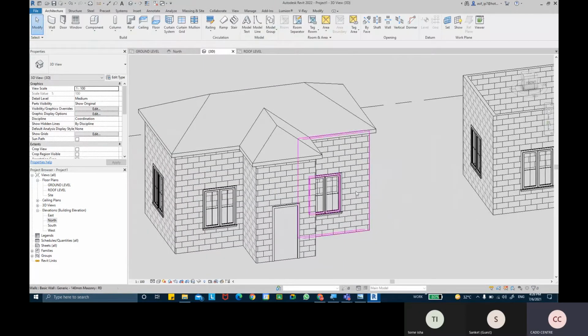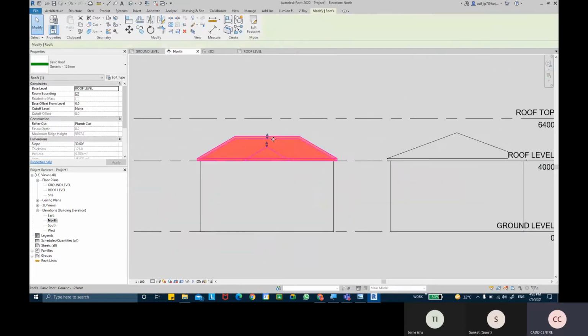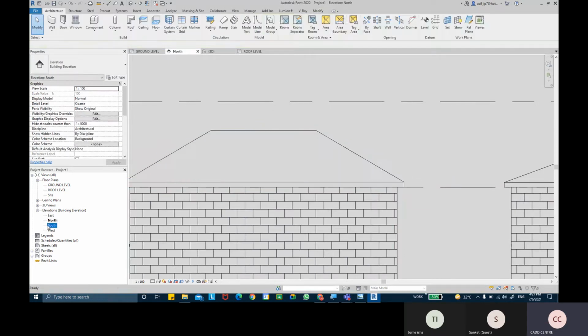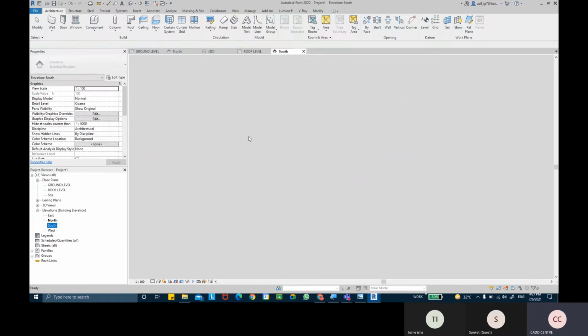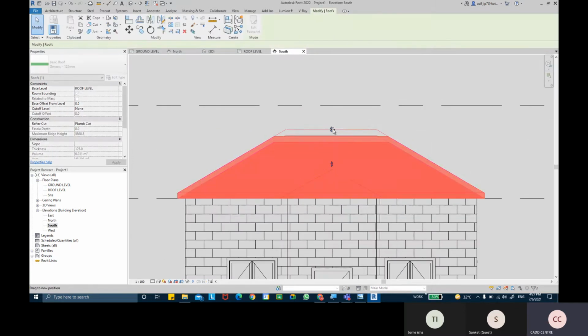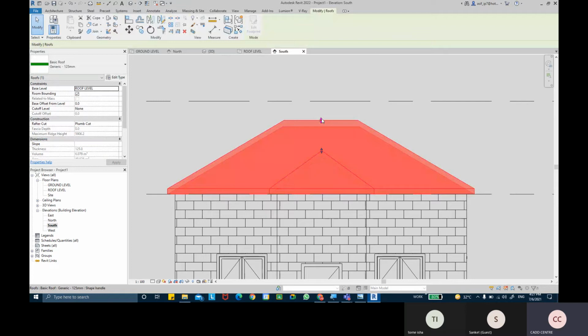You can come into the elevation view, and then you can even adjust the slope heights for each and every individual side. If you look from the other side, we can adjust the slopes. Maybe I can drag this to the top.